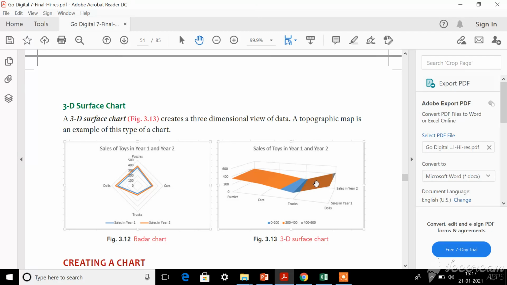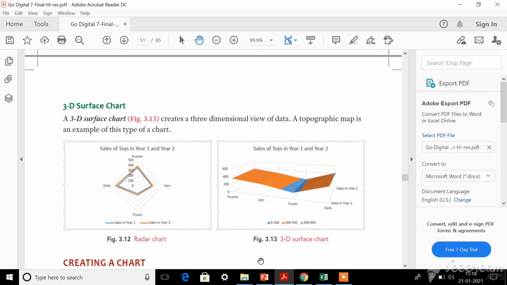This chart is used especially in the topographic map. Do you know what a topographic map is? Have you seen the topographic map of India? In the map of India, there is a map called the topographic map, in which you can see the rivers flowing. It looks just like a 3D image. If you check on the net, you can easily see it on websites. If you type topographic map of India in Google, you will be able to see it. For a topographic map, this 3D surface chart is useful.